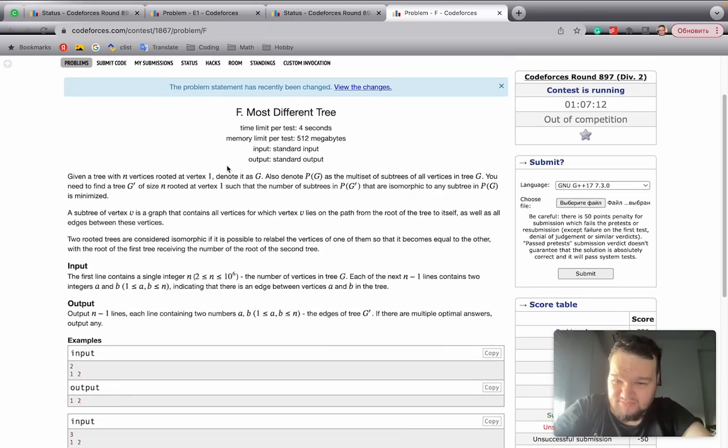Problem F. There is a tree with n vertices rooted at 1. N is up to a million. That's a lot. PG is a multiset of subtrees of all vertices. Okay. To find a tree G prime of the same size, again rooted at 1, such that the number of subtrees